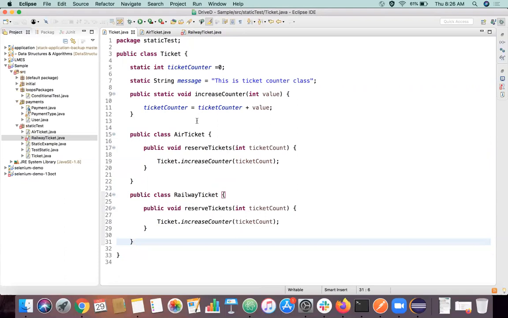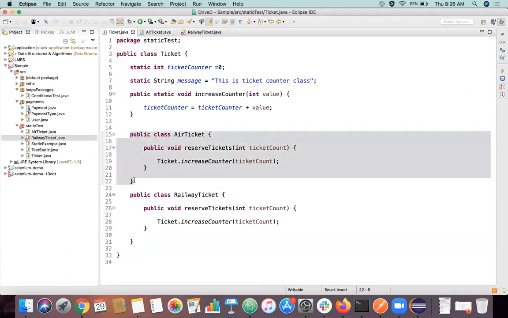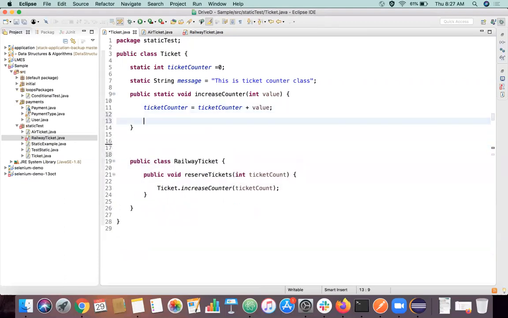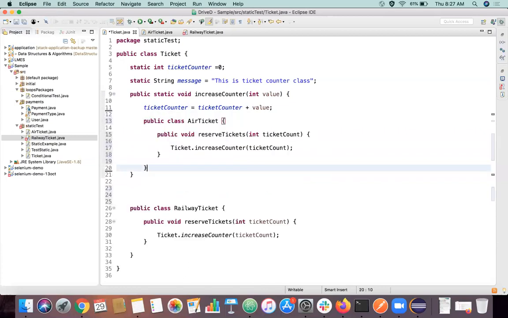An inner class can be declared not only like this, you can declare an inner class inside a method also. So I want to have certain core functionality in a method inside this. This is a method, right? Inside one particular class ticket, I can declare a class inside here also, right?